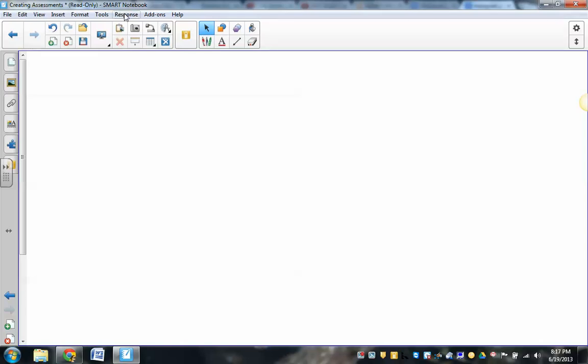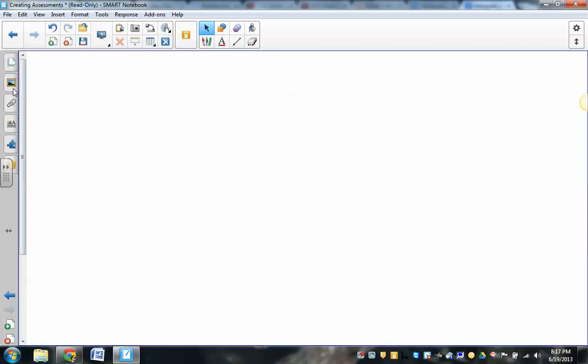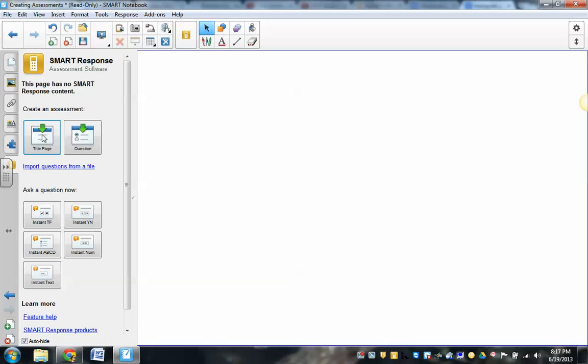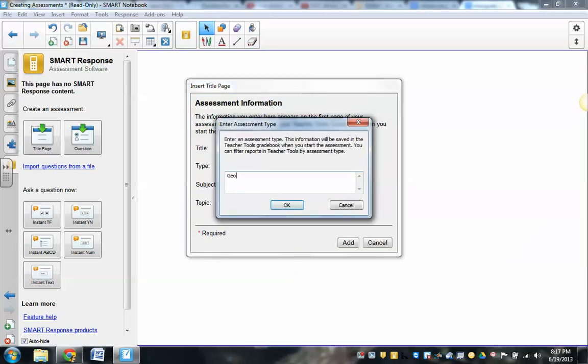One way is to go to the Response tab at the top left-hand corner, and you hit Insert Title Page. Another way to do this is on the left-hand side is an icon for Smart Response. Click on that, and you can choose Title Page. My title is going to be Geometry Vocabulary 1. My type, I'm going to do Custom. I'm going to do Geometry